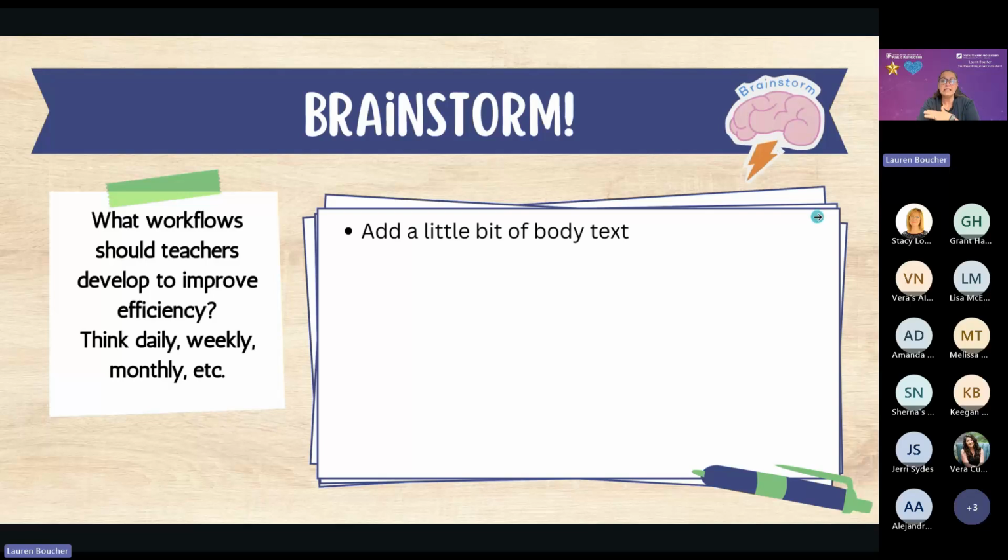So I want to get some feedback from you all. And let's see if I've got double screens up here. Let's see if I can access the chat. So what I would like for, where did my presentation go? There it is.